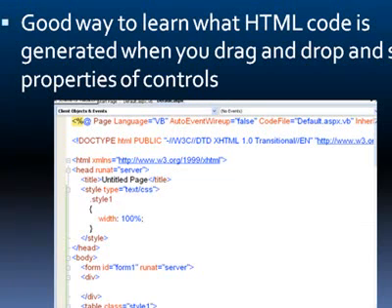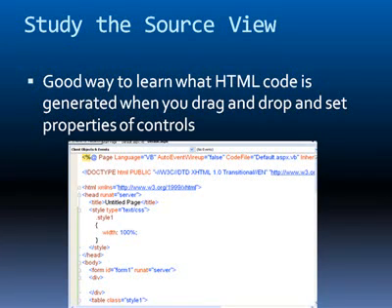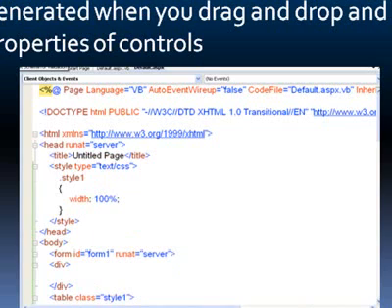So as we said earlier, just by studying the source view, it's a good way for you to learn about HTML and cascading style sheets and active server pages. So there's a lot there. In this example, you notice the thing at the top is the page directive. The second line, the doctype, identifies the standard that we're following for our HTML,